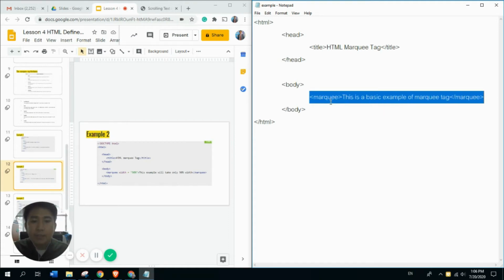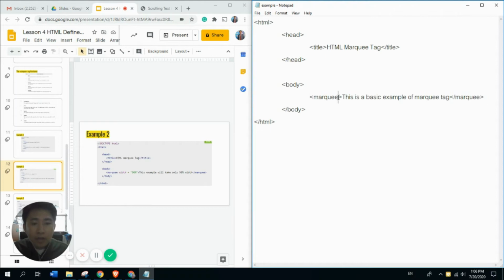And the second example, I want you guys to understand that we can put different attributes in the opening tag of our marquee tag. Okay, so this is the opening tag. So you can use the different attributes inside, okay, after the name marquee, and inside, not outside. Okay, so here, so just space here,